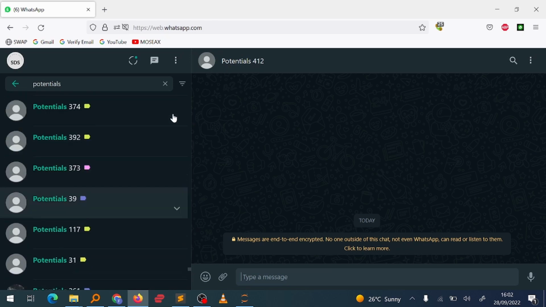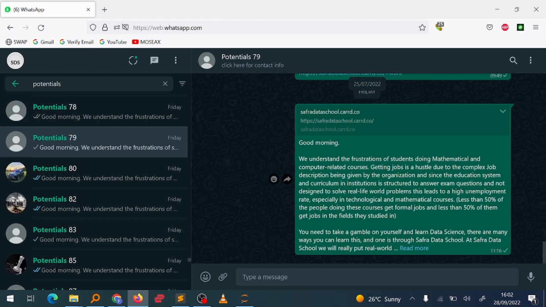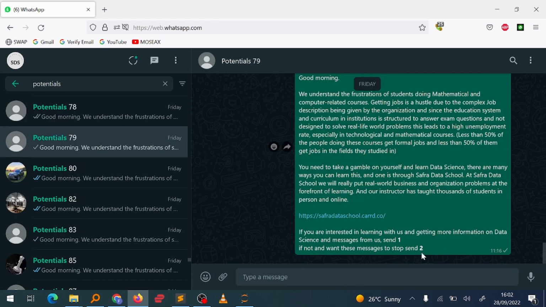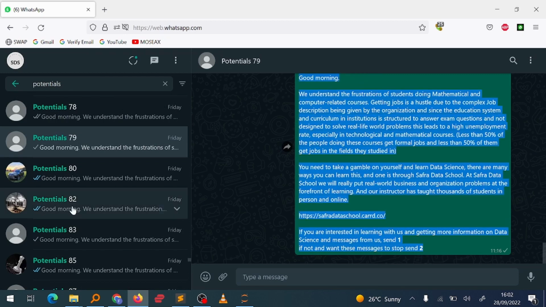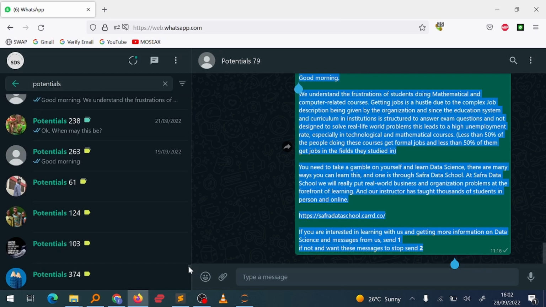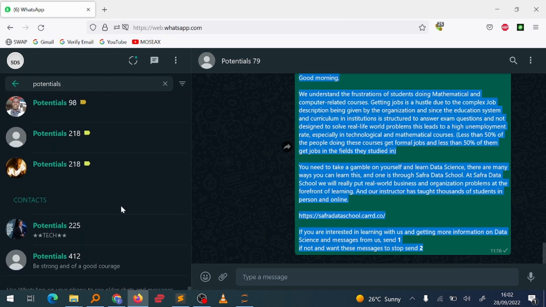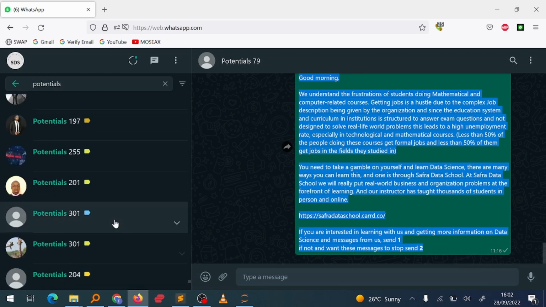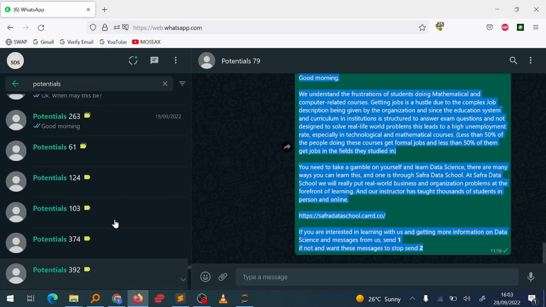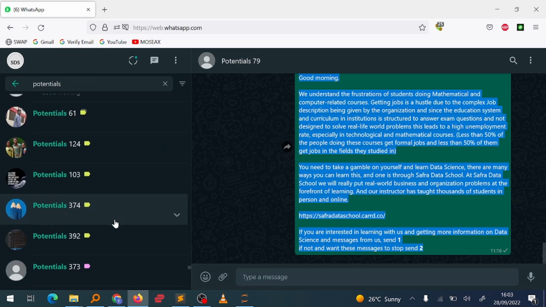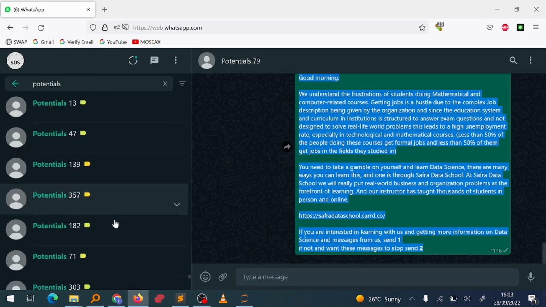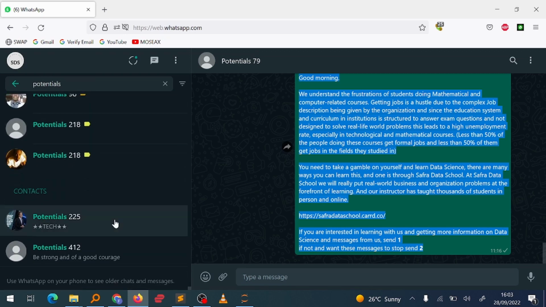I think he maybe has sent a couple of them. Exactly, he wants to send a text that looks like this. He wants to send these texts to a couple of these potentials, let's say about 20 probably. Yeah, and he has texted thousands and thousands of them, but these are the ones that have not been texted,